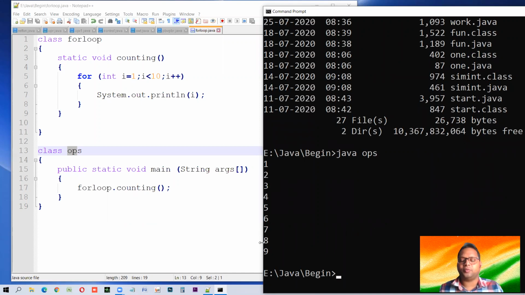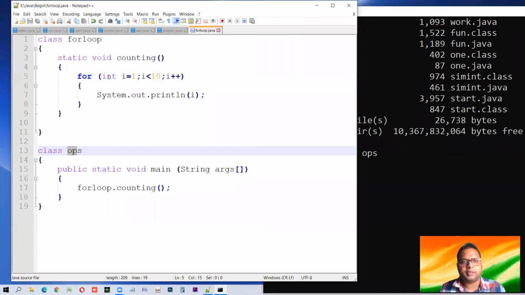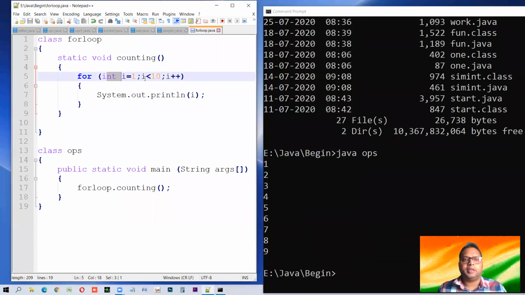This is how the loop is working. Please try to understand it once again. It starts from the initial value of i as 1. Then it has to go as long as it is less than 10. And every time i is increasing by 1. In the first iteration, the value of i is 1, so printing the value of i, it printed 1 here.